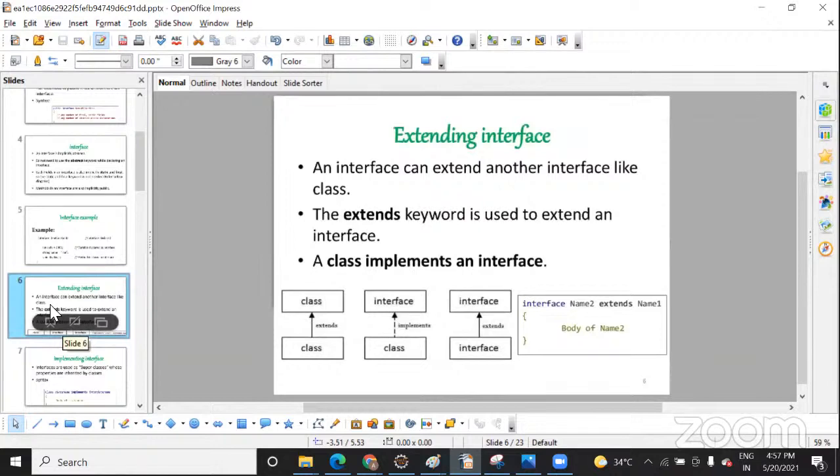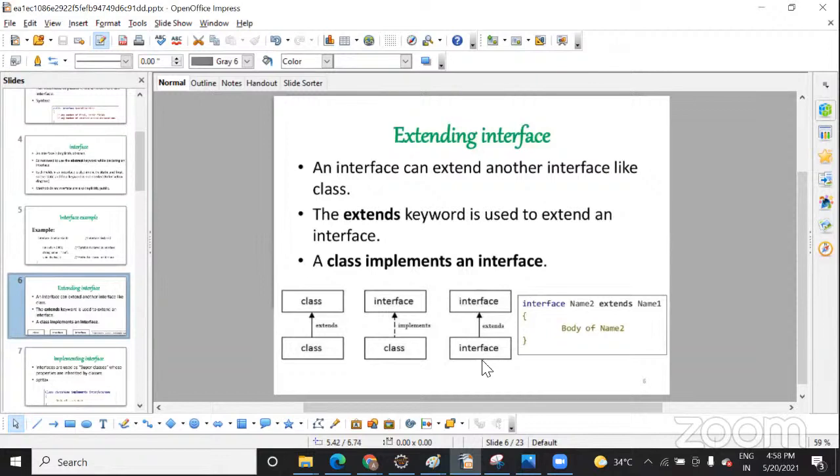But how can we extend from interface to interface? Can you explain that? Yeah, you can use interface to interface. Suppose you can't provide a body to it, but you can use this method in this interface also, right? Are you getting what I'm saying? Suppose this is a rate of interest interface; when they extend it, they will also get access to this interface.